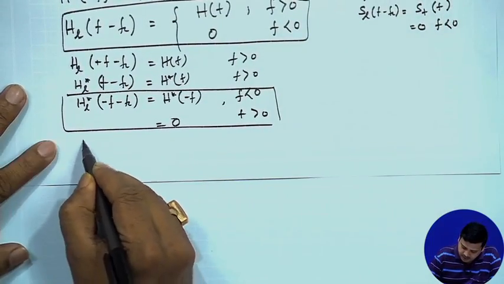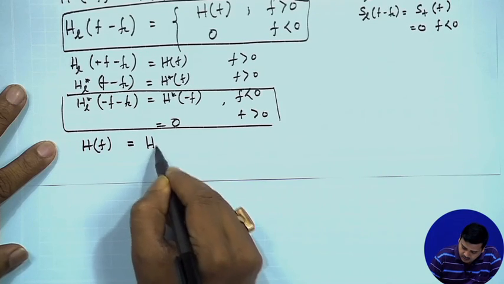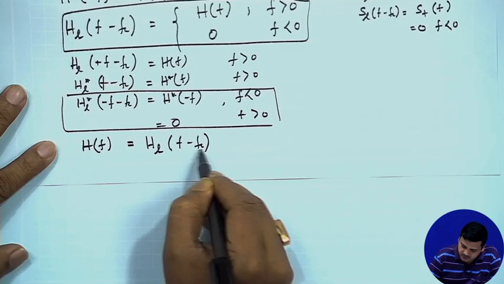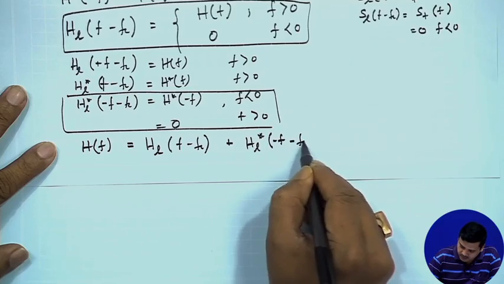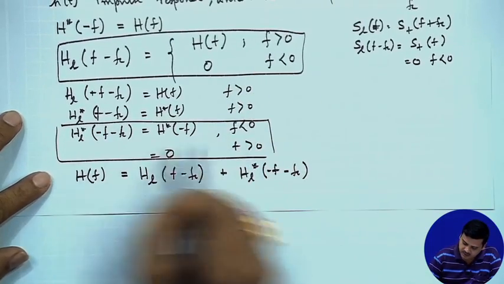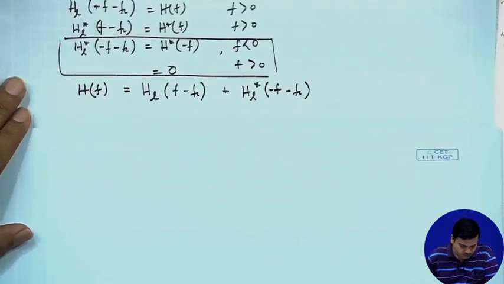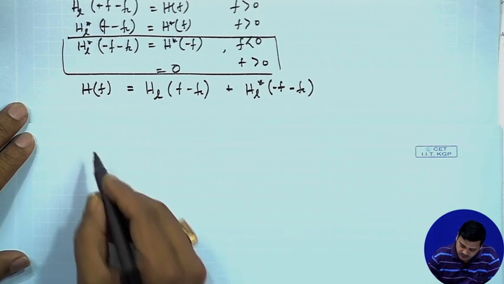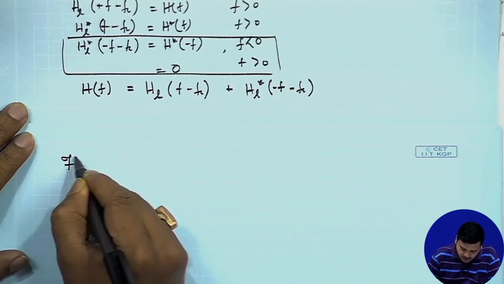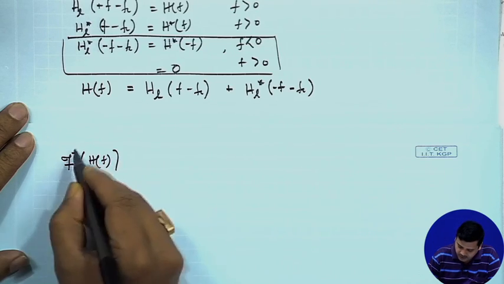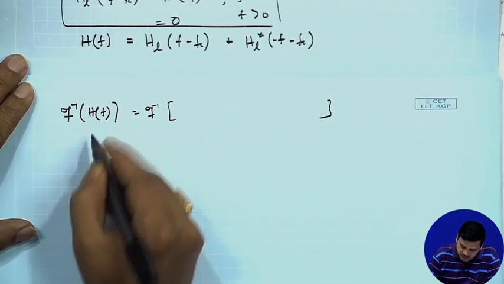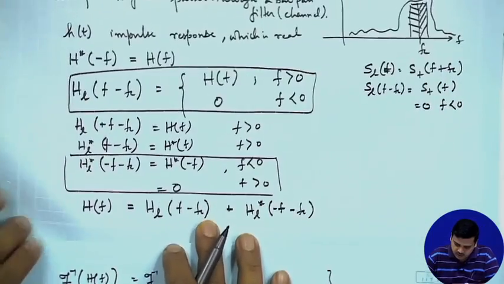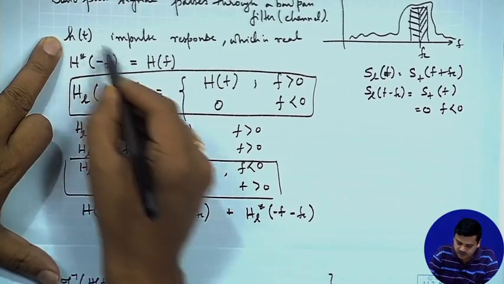and going by this you could write H of f as H_L of f minus f_c for f greater than 0, plus H_L conjugate of minus f minus f_c for f less than 0, as is clearly evident from this. Once we have written it in this form, we would be interested in relating this to h of t. To get h of t, you take the inverse Fourier transform of H of f, and hence the inverse Fourier transform of the right hand side as well. This inverse Fourier transform would be represented by h of t. Of course, we have said h of t is the impulse response,